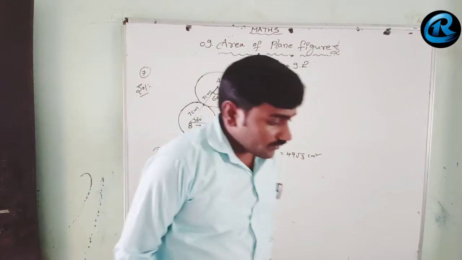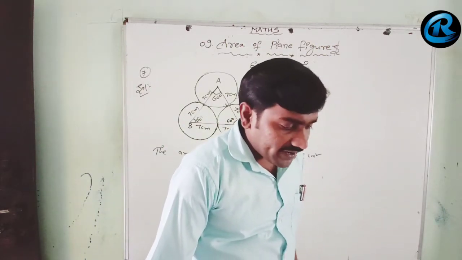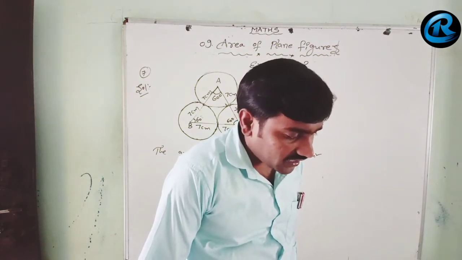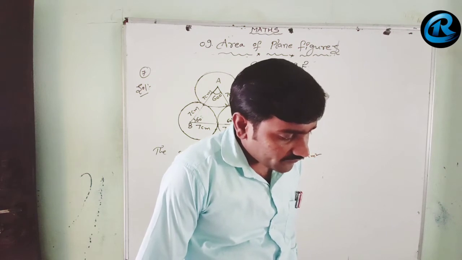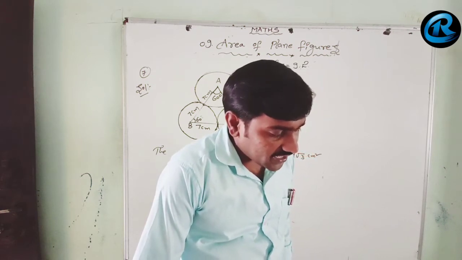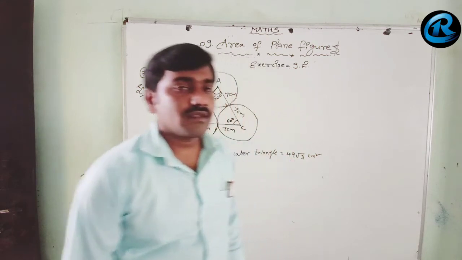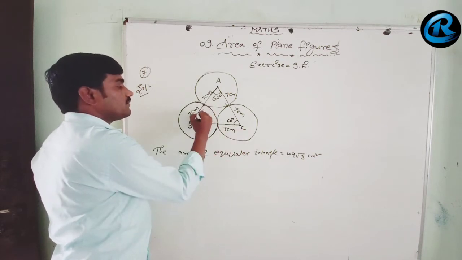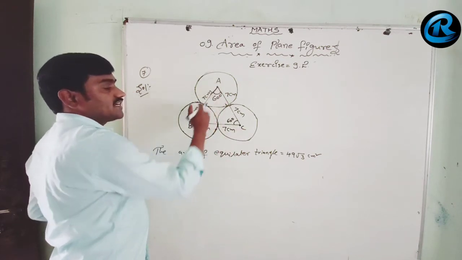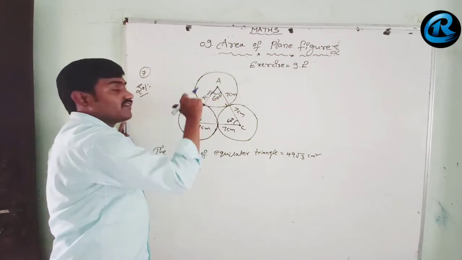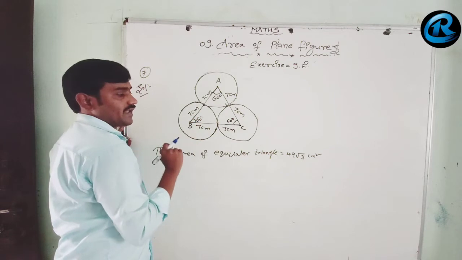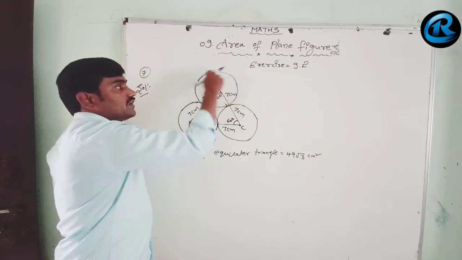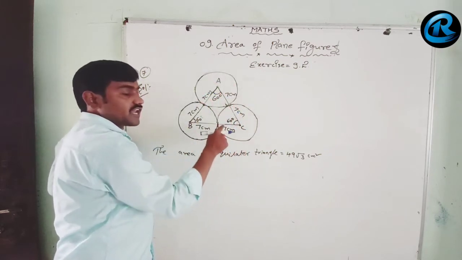Now here what we need to do: taking each angular point as the center, the circles are described with the radius equal to half of the length of the sides of the triangle shown in the figure. Find the area of the portion of the triangle not included in the circles. By taking these vertices as the centers and half of the length of the side of the triangle as radius. The side of the triangle is 14 centimeter actually. Half of that is 7 centimeter. By taking the center and the 7 centimeter radius, the three circles are described like this.